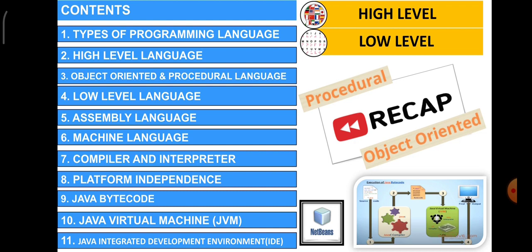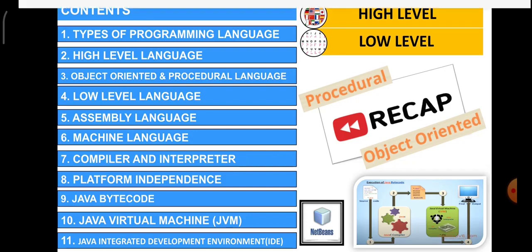And finally, I completed with operators. What is an arithmetic operator, what is a relational operator, what is an assignment operator, and what is a logical operator. And I have given you the examples of how to go about doing the operators. This is what you have learned last class, children.